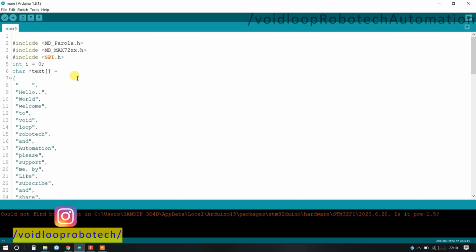I have already created the Arduino program here. You can see I have included the MD_Parola.h library, the MD_MAX72xx.h library, and the SPI library.